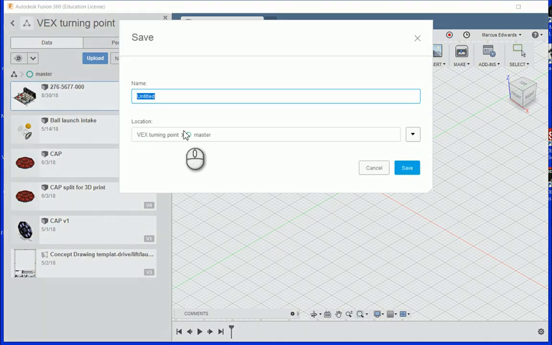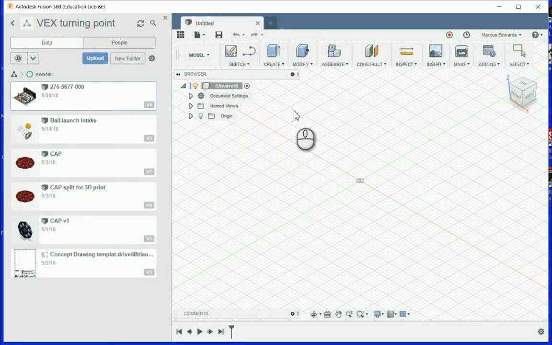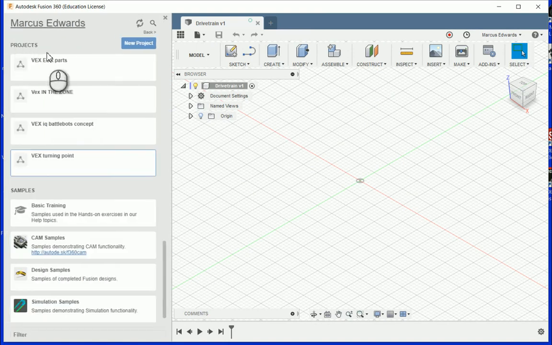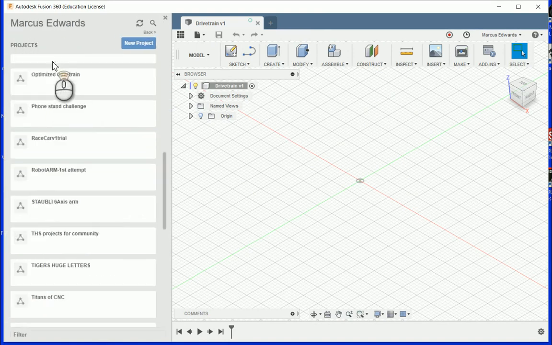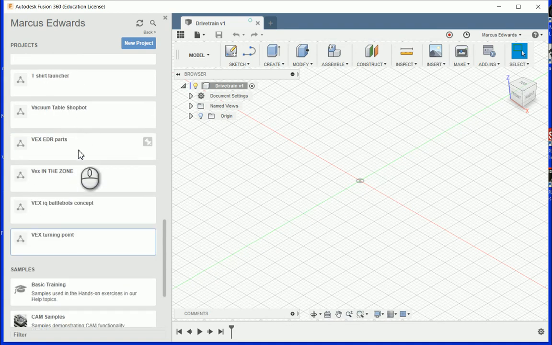I'm going to call this drivetrain. So what you'll notice is now I have drivetrain. It's going to be located right here. It's saying 6:22 p.m. So within this drivetrain, I'm going to be able to go back to my VEX EDGE parts project and